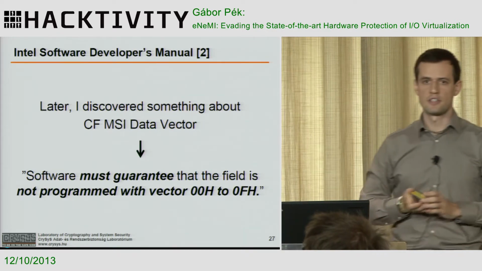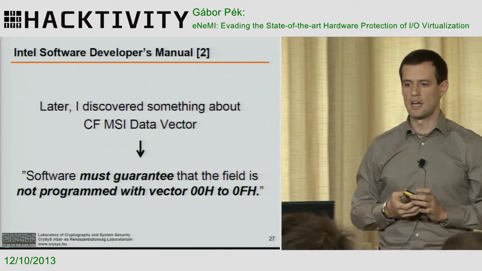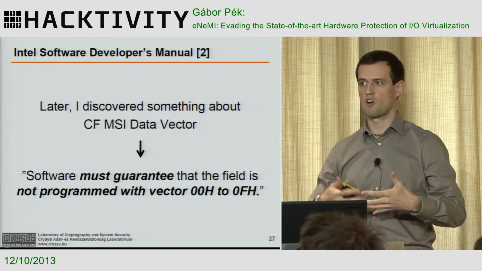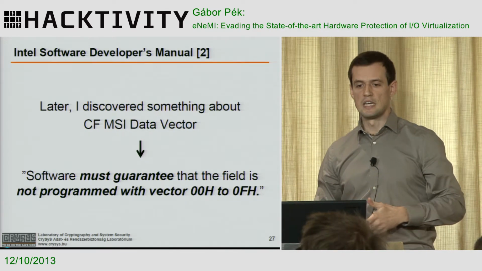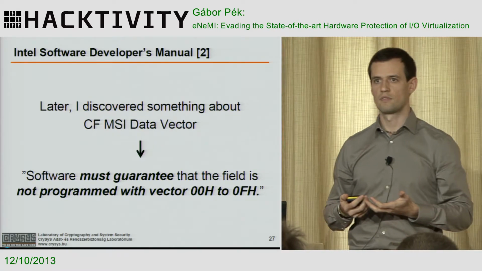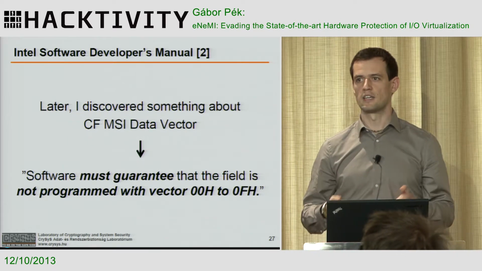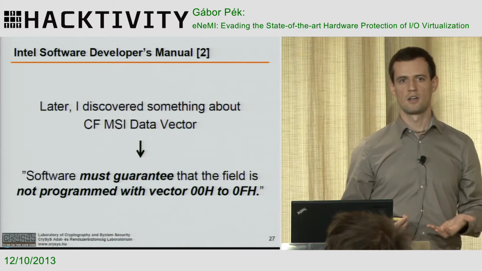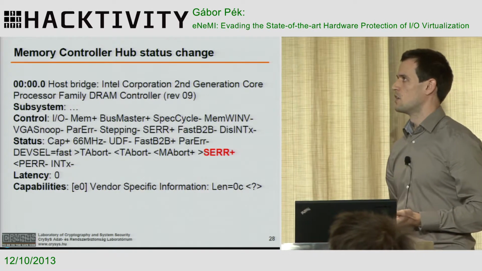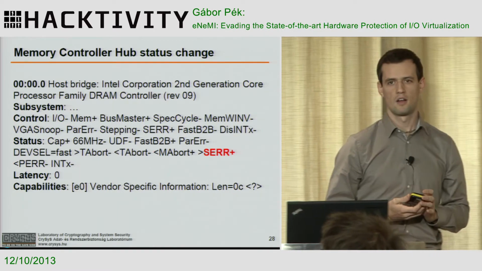Later, I discovered something in the Intel manual about this. It says software must guarantee that the vector field, the compatibility format MSI data field, is not programmed with a vector between 0 and 0x0F. So they explicitly say you cannot do something like this, but they don't mention why. What happens if you do such a thing? So what I saw after quite a lot of debugging,